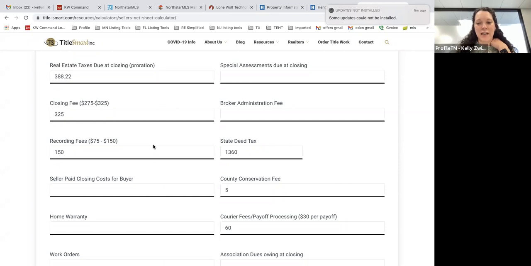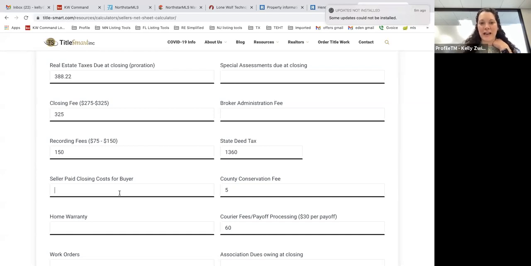Because if it's tight, which we might not be in that market right now, but we could be in the future, where you have sellers that are upside down or very close to it, you're going to want to do this net sheet at the listing time and estimate what you think it's going to sell for. And maybe even estimate what seller paid closing costs. So that's this box down here. If you're in that 250, 350 range where your buyers are asking for seller paid closing costs every time,